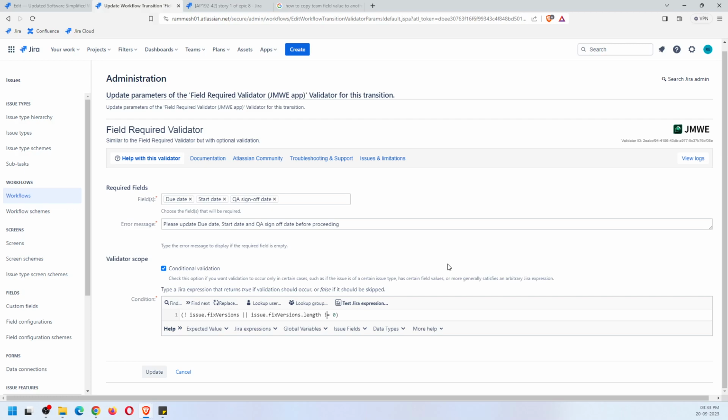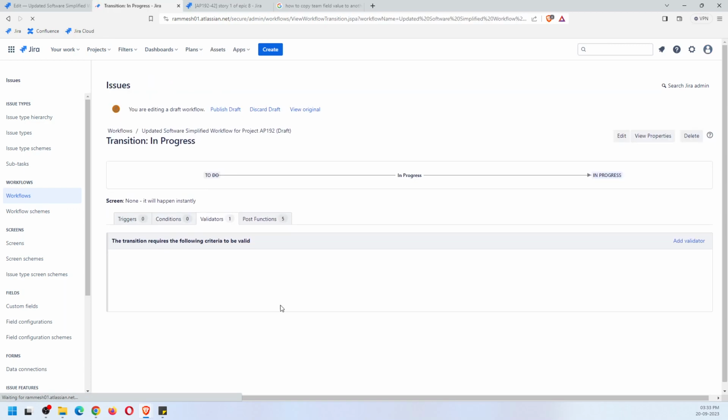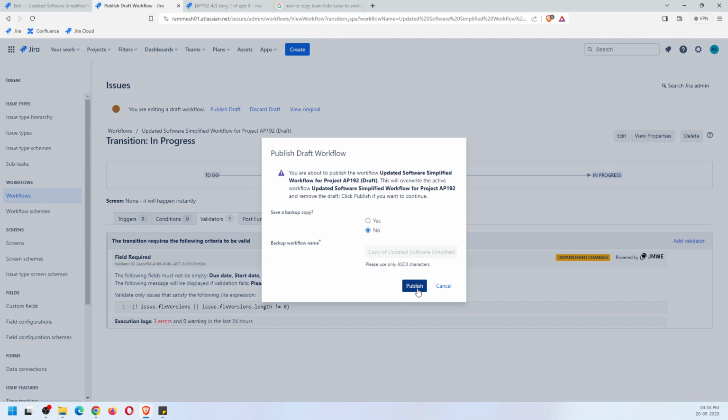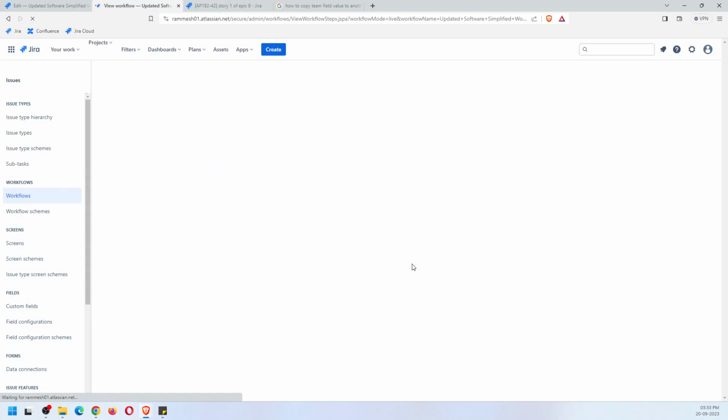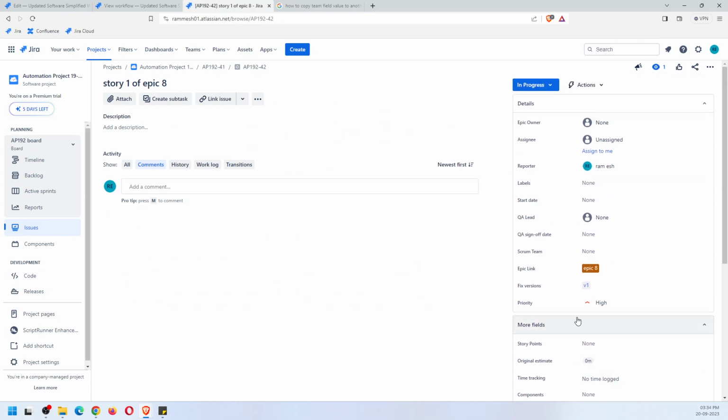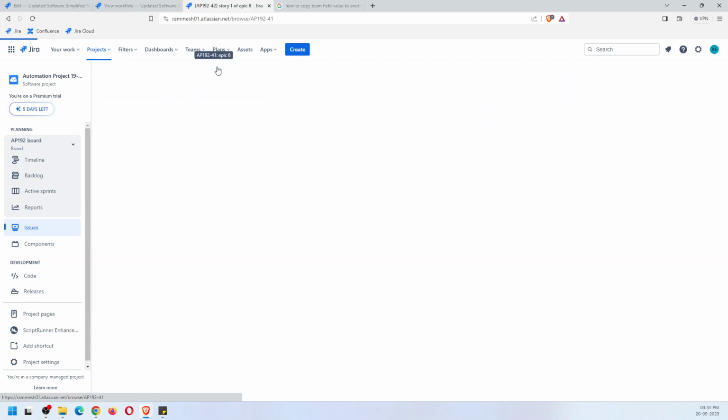So I'll just update it as not equal to 0, and let's see, publish. Now because I've already moved further, it will not allow me to go back, so I'll just create a